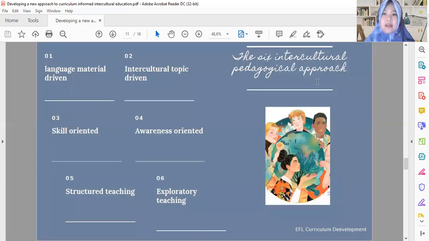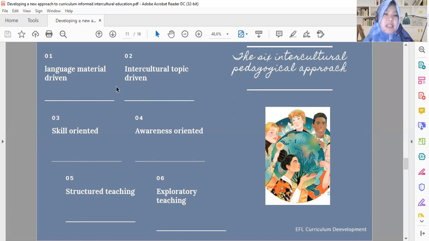Okay, and then those three dimensions, or stages, are broken down into specific intercultural pedagogical approaches. So China here proposed 6 intercultural pedagogical approaches that can be adopted. The first is language material driven, the second intercultural topic driven, the third skill oriented, the fourth awareness oriented, the fifth structured teaching, and the last one exploratory teaching.